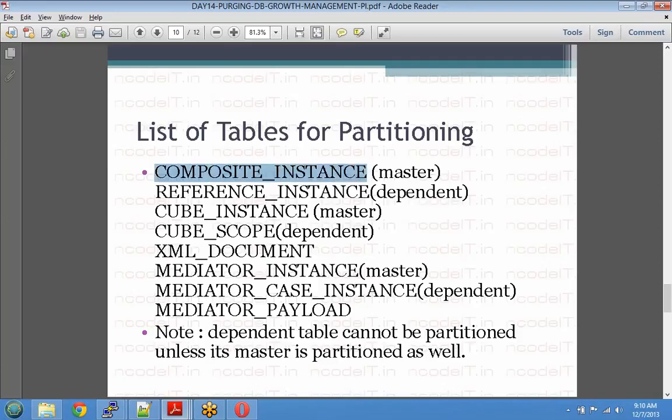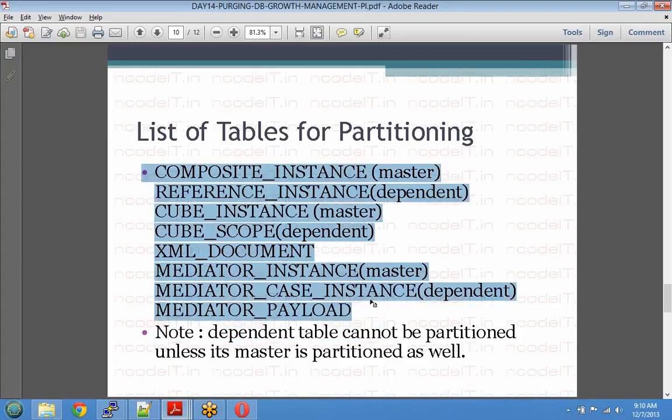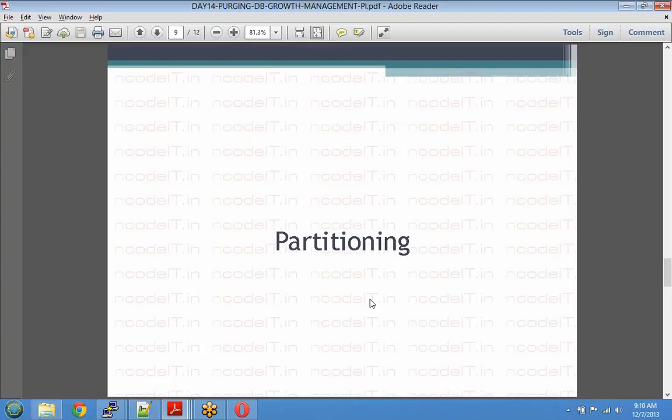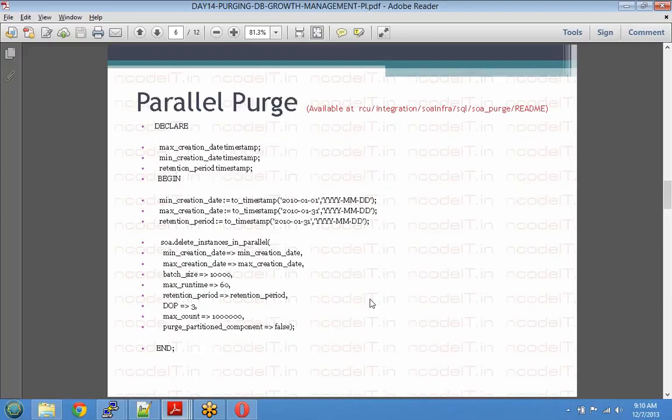Let's say composite instance is one table that gets cleaned up. Reference instance, which is dependent on composite, gets cleaned up. Cube instance, cube scope, XML document. This is where all the XMLs, your payloads, are stored. Mediator case instance, mediator payloads. Now these are some of the tables, not the entire list, but some of the tables that get cleaned up by our delete instances procedure. This one,